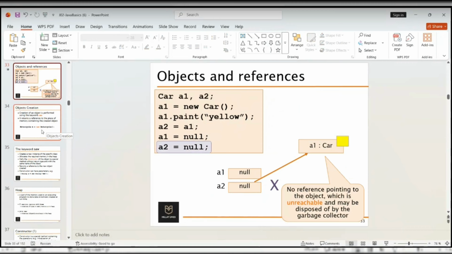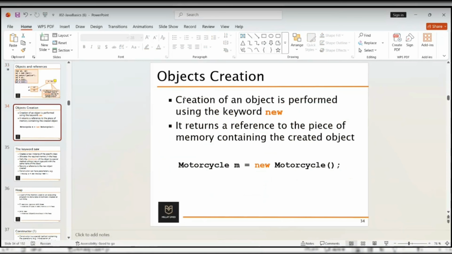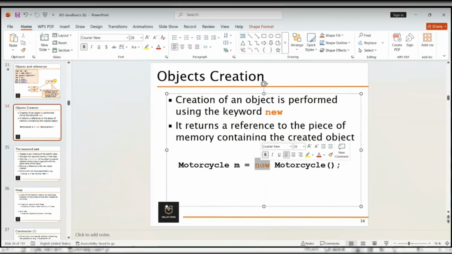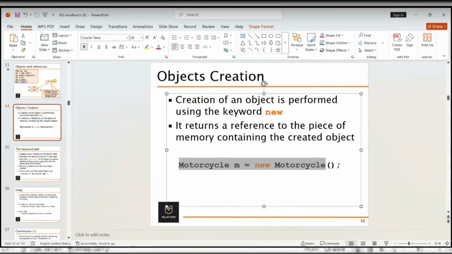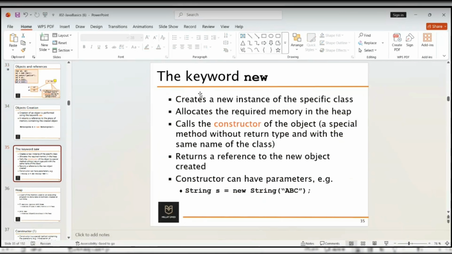Let's look through two more slides and we'll move to implementation, more like practice. Object creation. An object is created with the keyword new. It returns a reference to the piece of memory containing the created object. Here, we had a class motorcycle, and we are creating an object called M with the keyword new, about the keyword